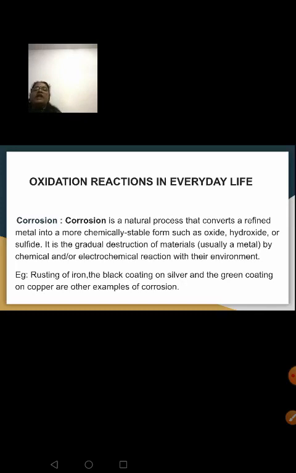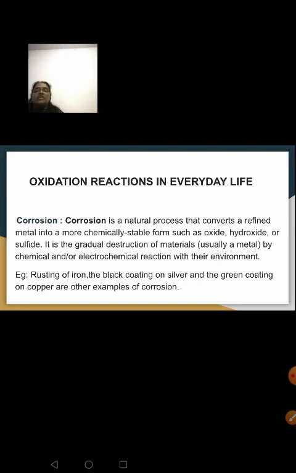such as oxide, hydroxide or sulfide. Your copper also undergoes corrosion. Your silver also, when it is kept exposed, a black color layer is formed above its surface. We saw while having this teaching session why silver articles are kept inside glass doors, or kept covered totally. Even copper articles, when exposed, get those green spots over them. Aluminium also loses its luster when it is kept exposed, right?